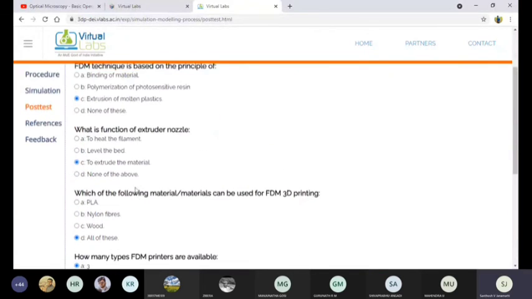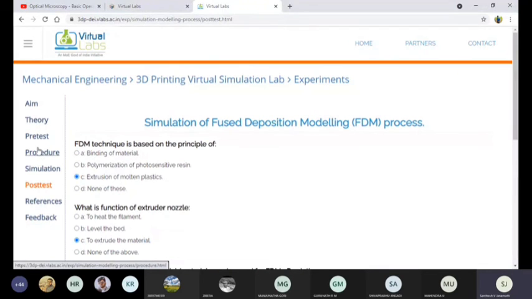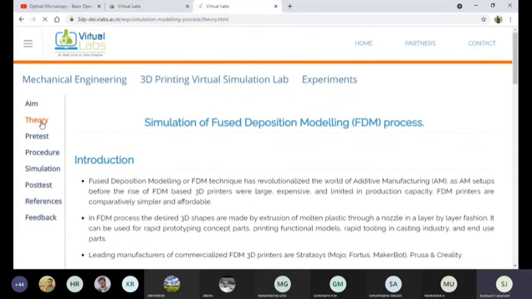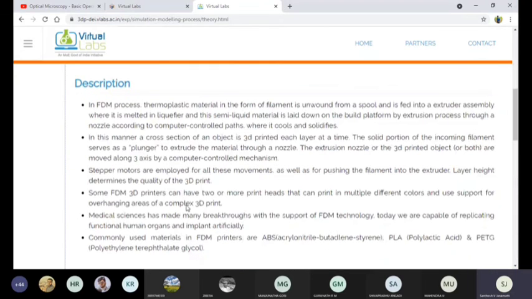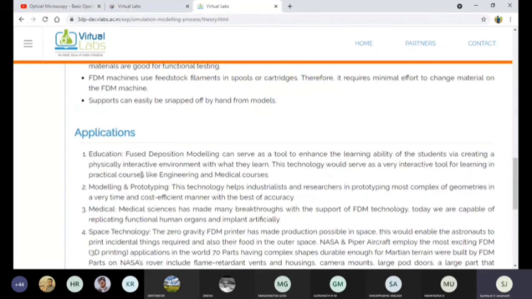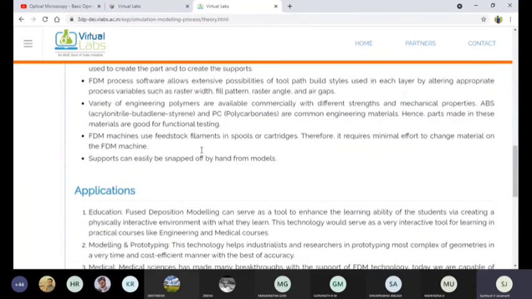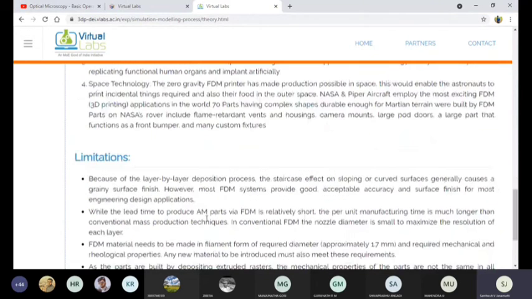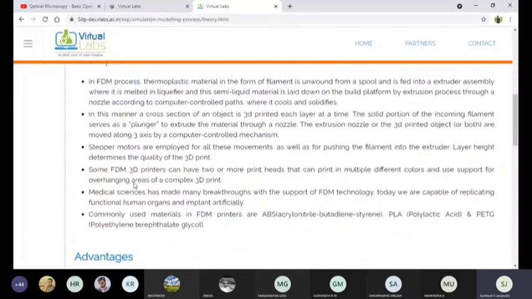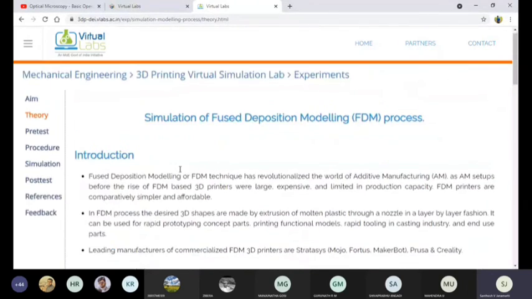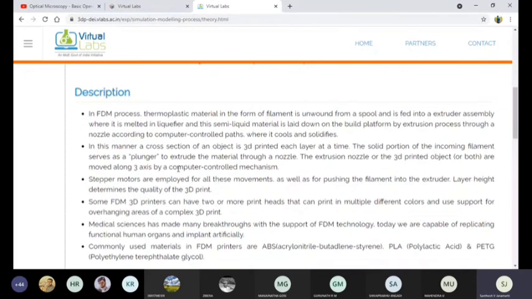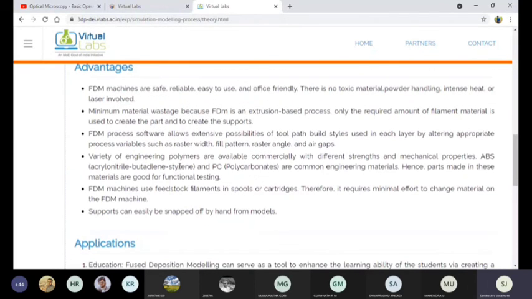I will show you that in the theory part. Here, the limitations. Okay, ability for coating purpose, I think that is an advantage. Okay, let it be, no problem. However it is, we are understanding this through the FDM process. We cannot produce an excellent surface finish. We can produce a good surface finish, but not an excellent one. Variety of engineering polymers and polythene materials are required.